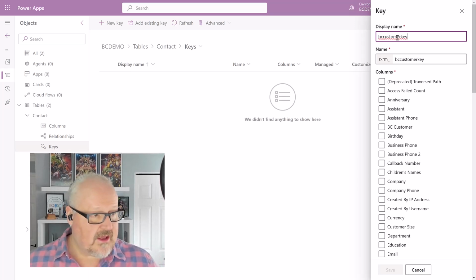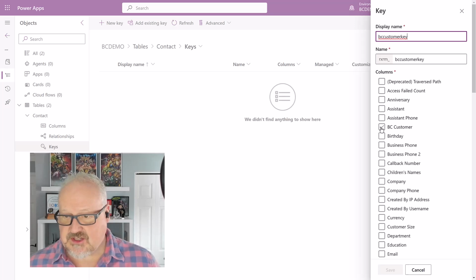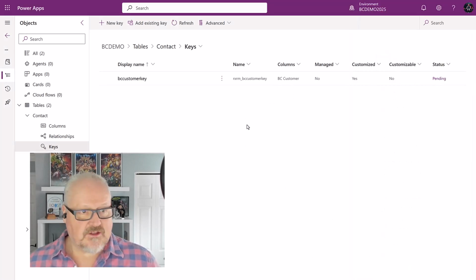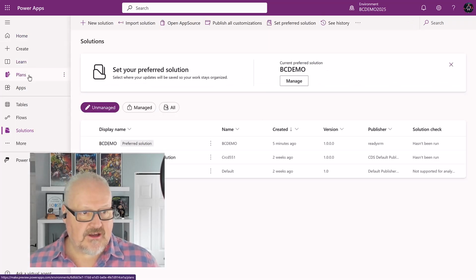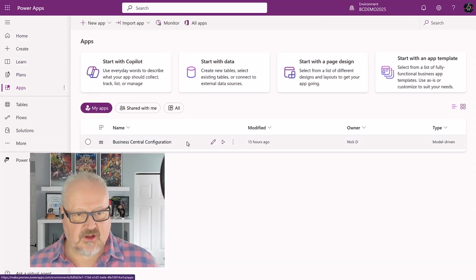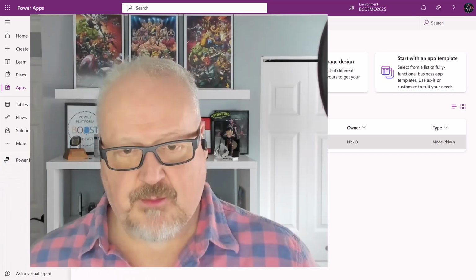Pretty simple. And then we need to make sure that we're choosing that BC customer field as the key field. So we're good here. We're going to save that. So we save this, we're good. We're going to go back into our apps. And once again, we're going to launch that Business Central configuration app, because we're going to need to set up